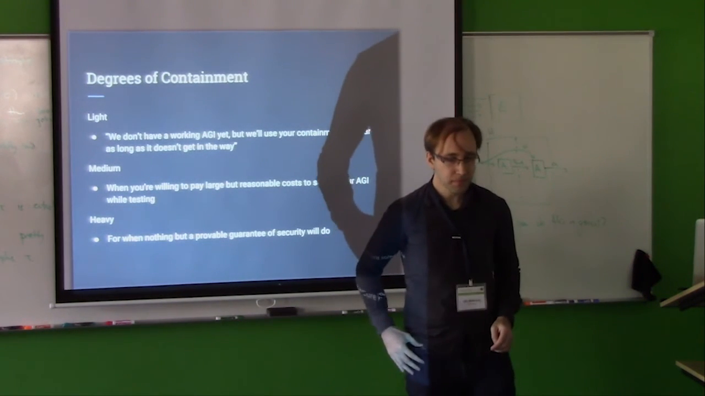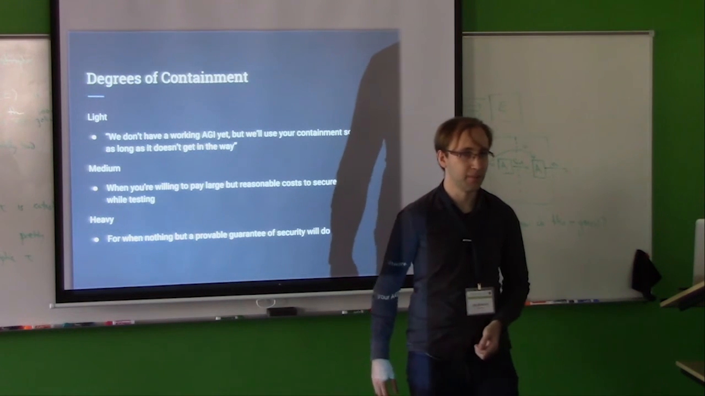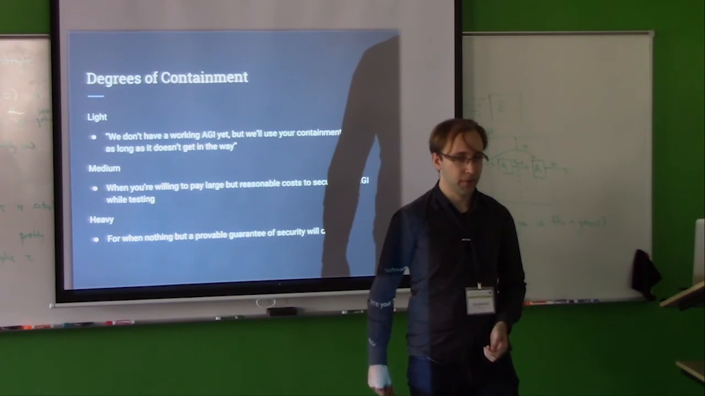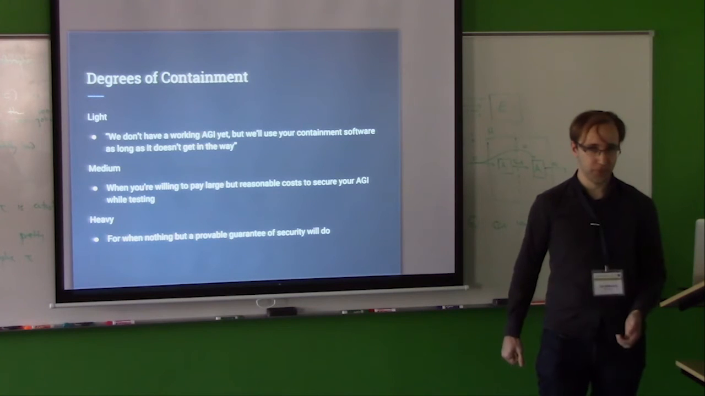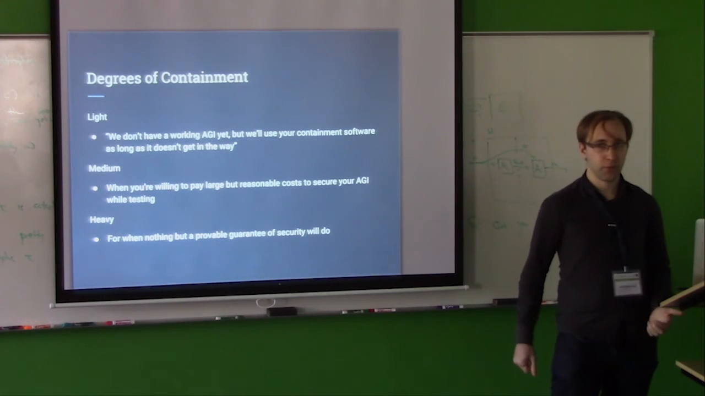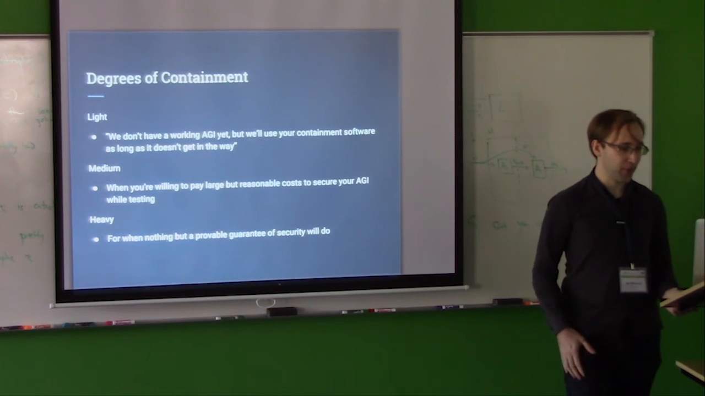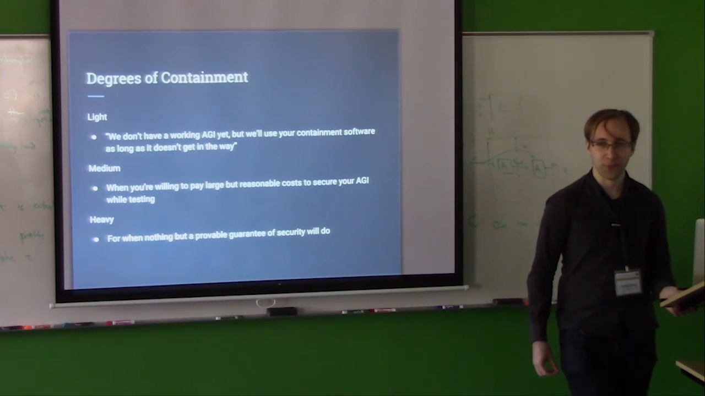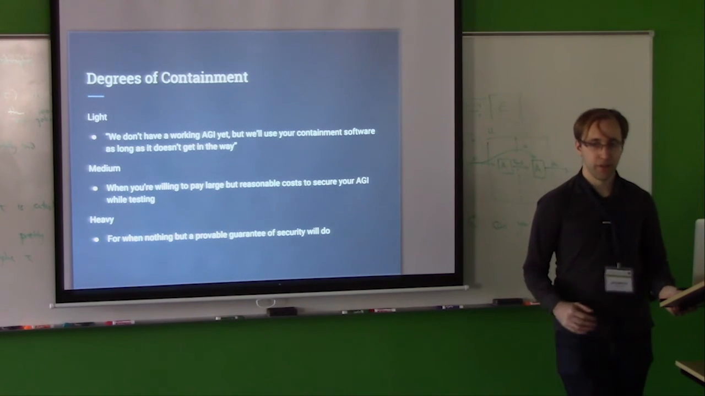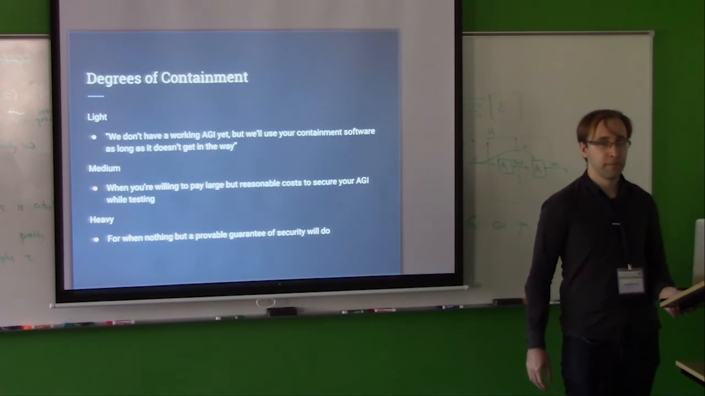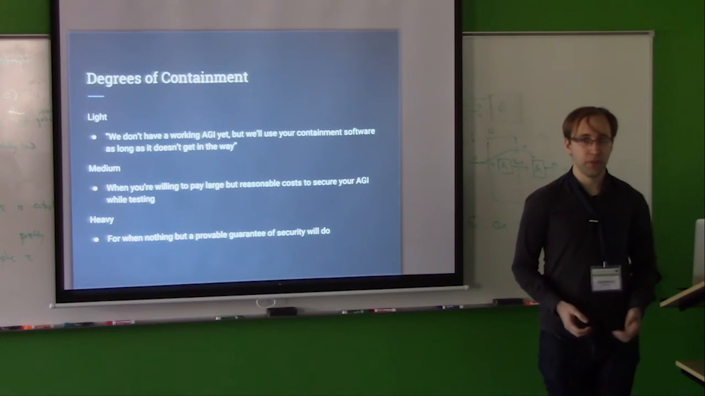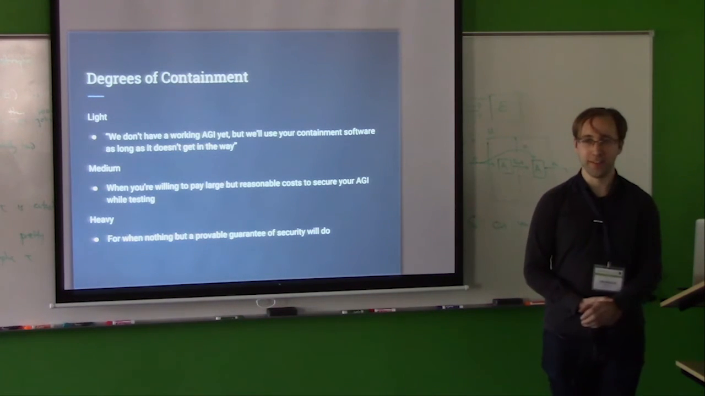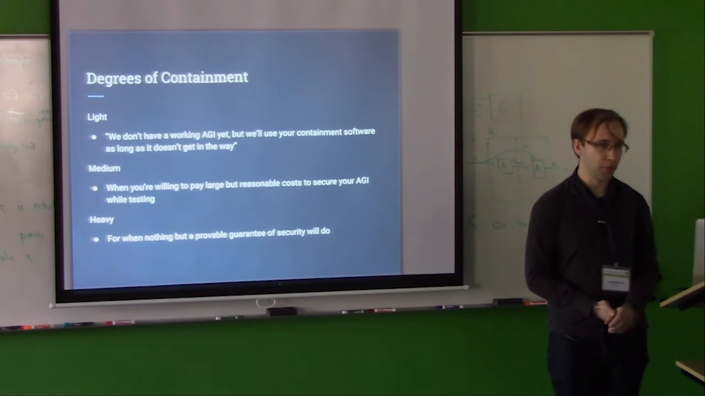So in the paper about this, we define a hierarchy of degrees of caution, essentially, from light containment for, well, we don't really have a working AGI yet, but we'll use some software as long as it doesn't get in the way, which I think of as if we can write software for containment, and some measures will just be drop in, doesn't cause any problems for the developers, just makes things silently more reliable,